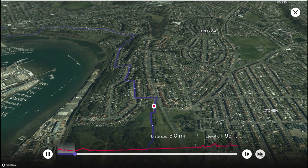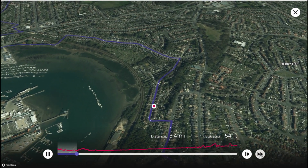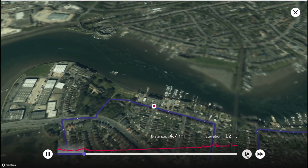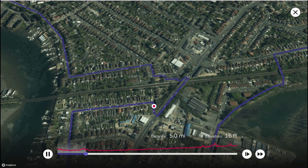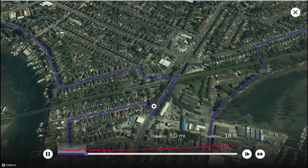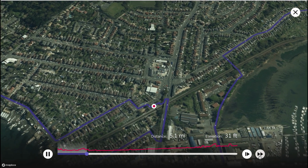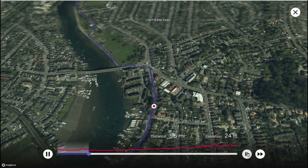And then I was basically walking through the town, through housing estates for the next major part of it. We kind of avoided that section, we just went straight across there because we didn't see the point of walking through all the houses, so we literally cut that section straight to there. It's just walking through more housing estates, so it's a bit pointless. Much the same until we get to